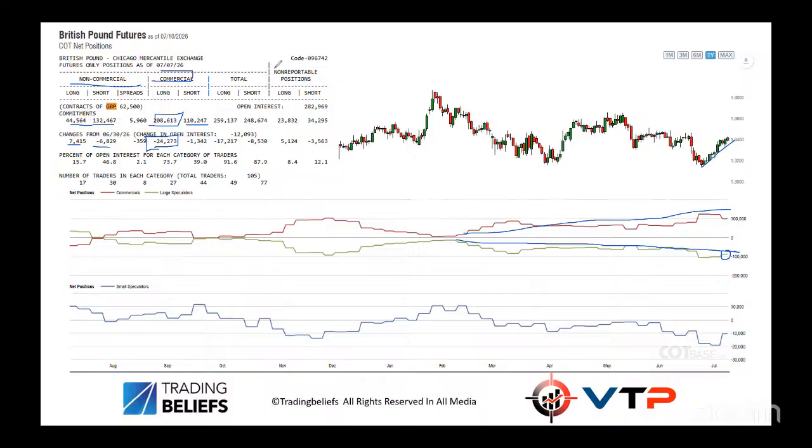What we're seeing is even the non-reportables, what they always like to think of as the dumb money, have consistently still been short. Yep, they've trimmed, and we're starting to add longs there. So if the speculators are starting to trim their positions, then you have to wonder, are we getting, as I said,